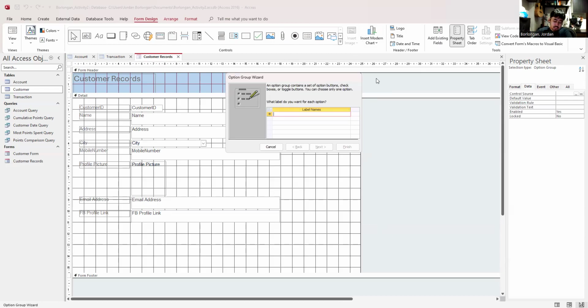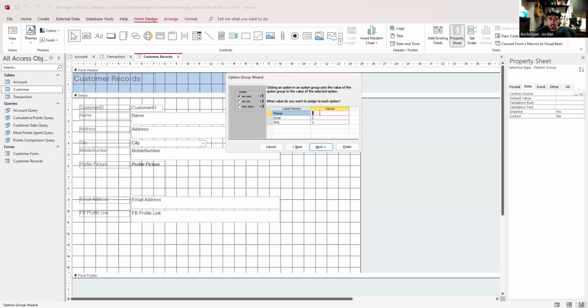So for the first preference, customer service, the customer can prefer to be contacted through the phone, email, or SMS. And then, no, I don't want a default. I want to be able to choose.